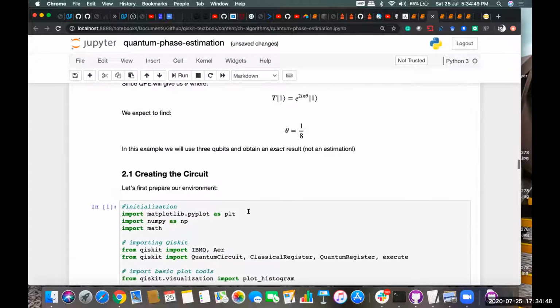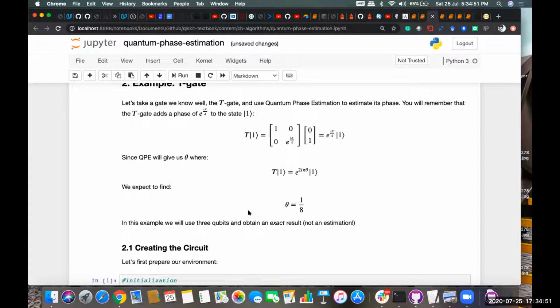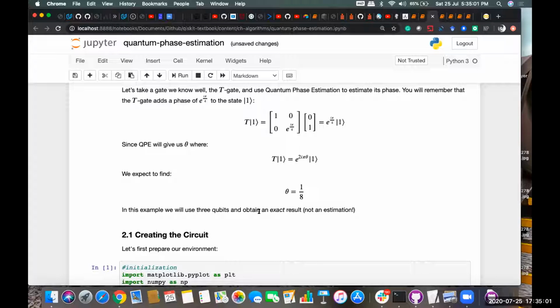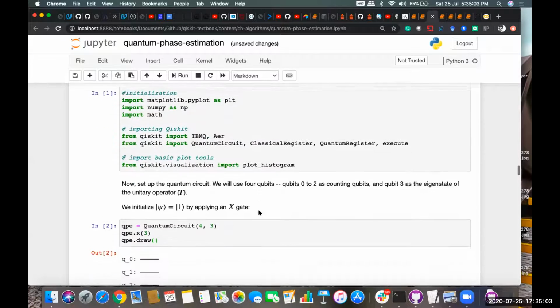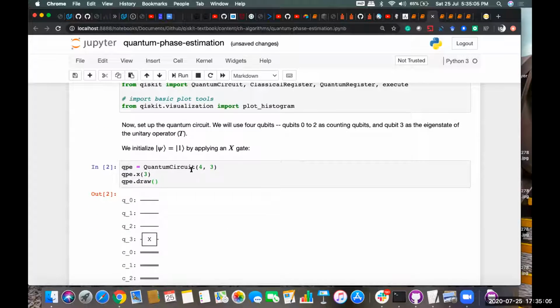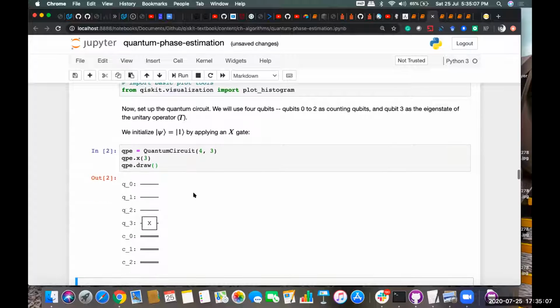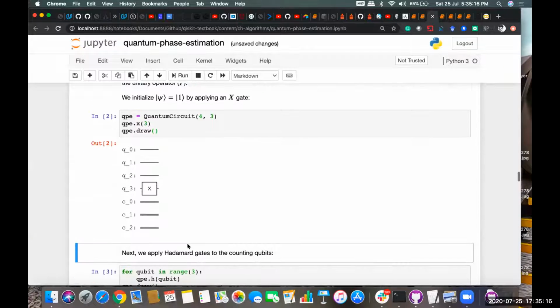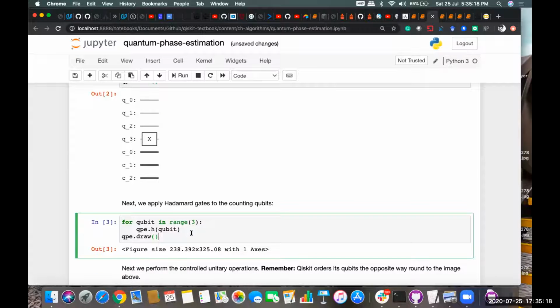So for a single qubit, the quantum states which can exist will be either 0 or 1, and the psi state can be given by (|0> + |1>) divided by root 2. Okay. So this is the circuit you can see we have created. Here we have taken 4 qubits and 3 classical bits for measuring the values, to find out what is the value of theta.